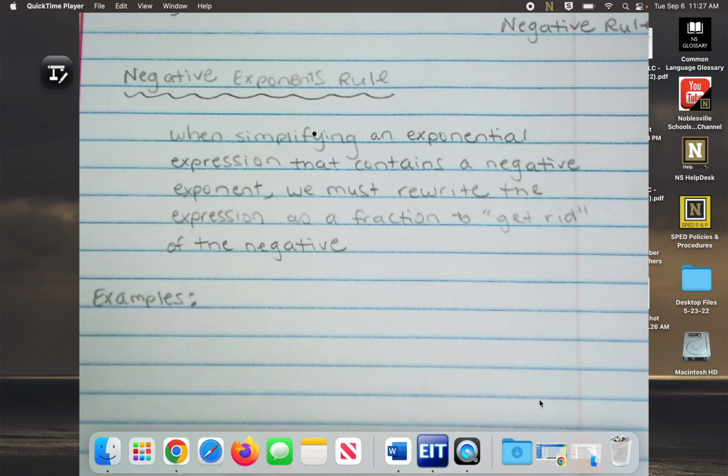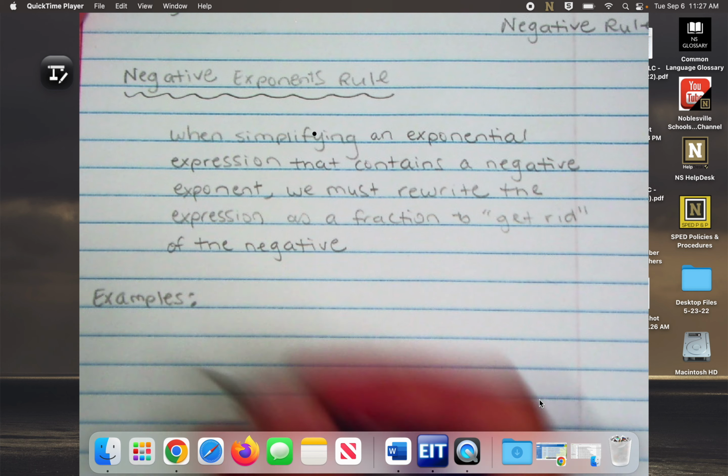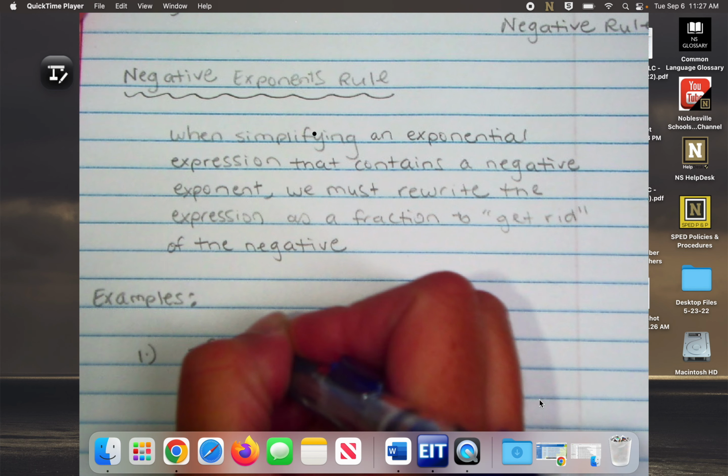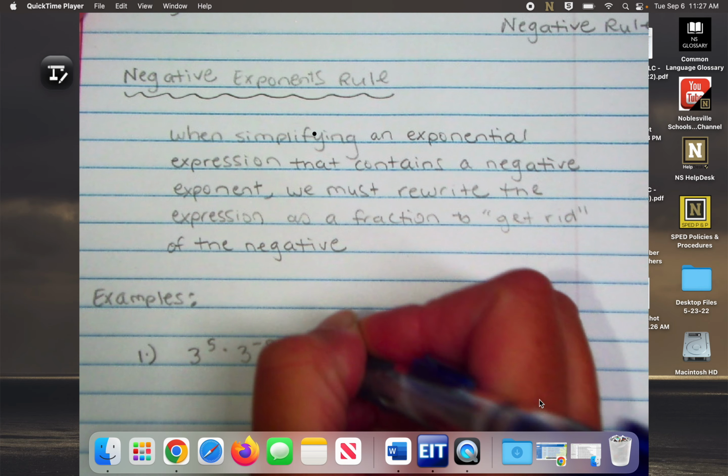Okay, so let's see what this looks like. What do these words actually mean? So if I have this 3 to the 5th times 3 to the negative 9th,